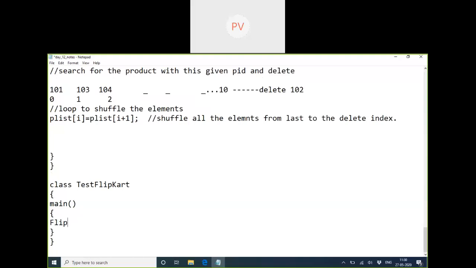I should create an object of Flipkart. Now we can start testing whatever you want. Add a product. Check whatever methods are there. You can do that. Yes, ma'am.